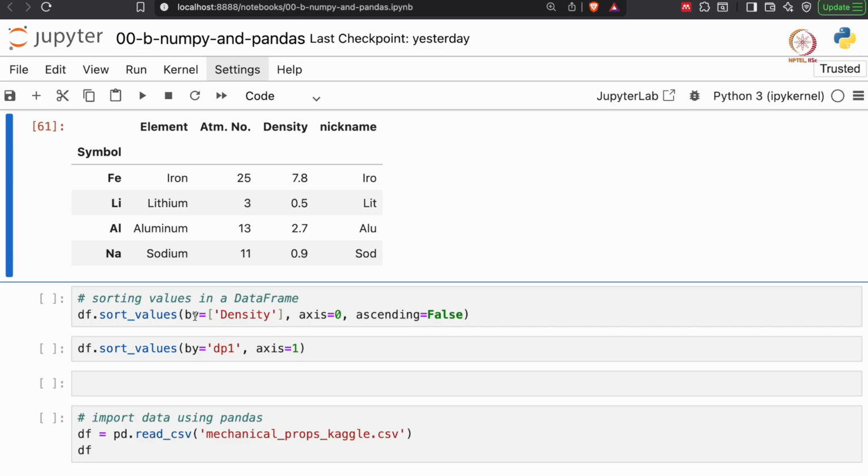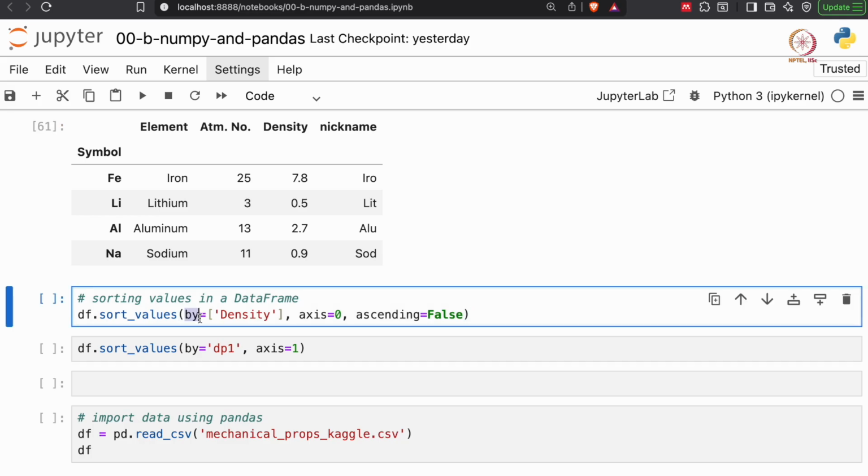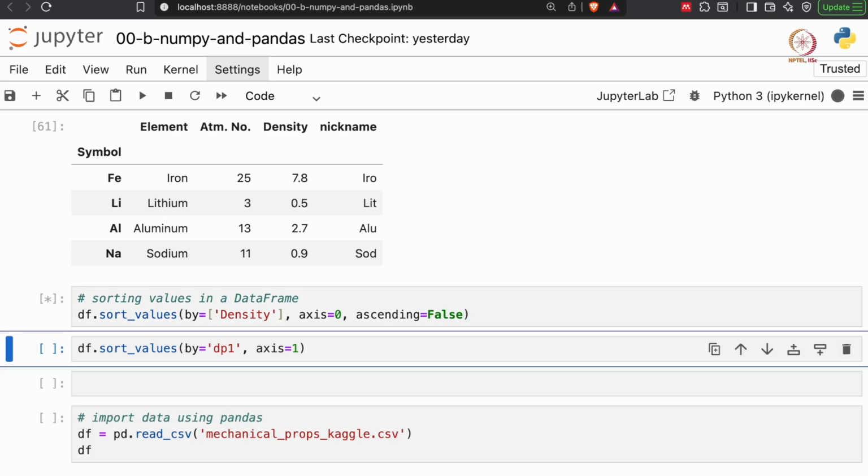So we can use df dot sort values, and to the by keyword we provide a list with the name of the column using which we want to sort, and then we provide what we want to interchange. If we want to sort things column wise, we want to interchange the rows. So that means we have to provide axis equal to 0, and ascending false means it sorts the values in descending order. If we set this as true, the values are sorted in ascending order. So if we run this,